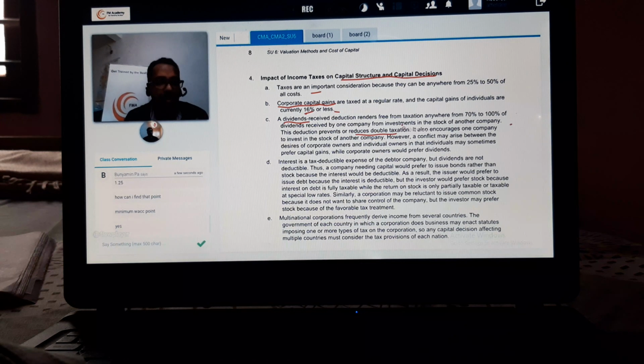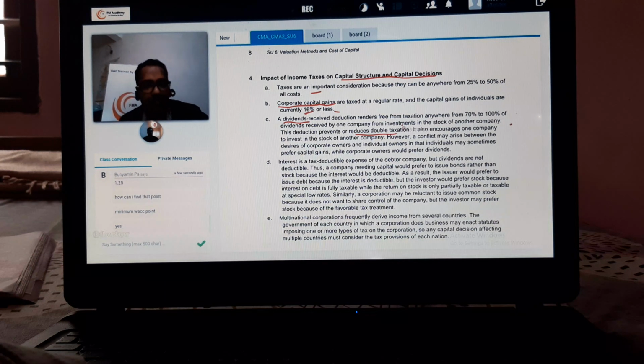Imagine your company wants to invest in another company. What will happen if there is no reduction in tax for dividend? Their investment will not happen. The companies will not invest in another company. The dividend that has suffered tax in a company, you are getting a dividend. Let's say in B company, in the B company P&L, this dividend will come. Again, you will be subject to taxation. This is what they are saying. You don't need to worry much.